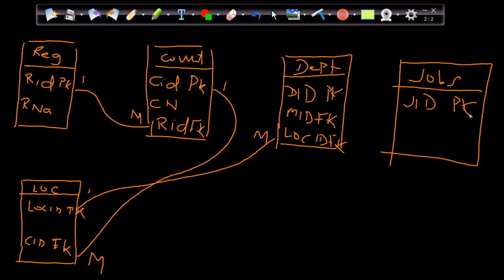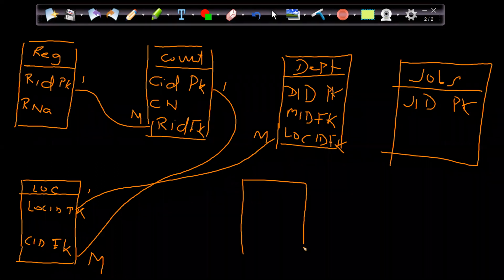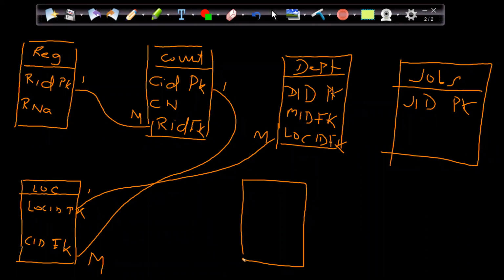Then we have the employee table. In the employee table, we had the employee ID, which is a primary key. So I have employee ID, which is my PK. Then we had first name, last name, email again had not null constraint, all those things.